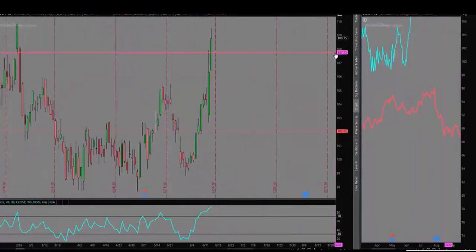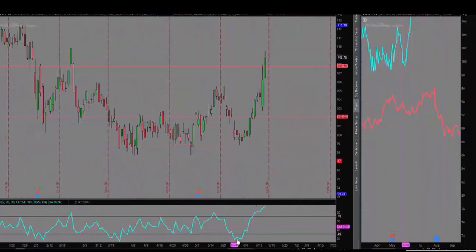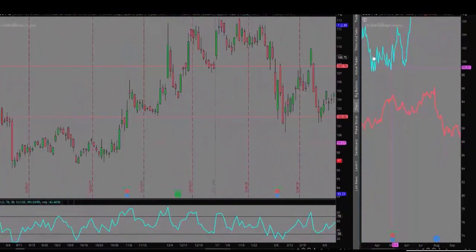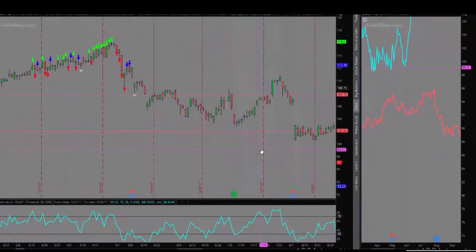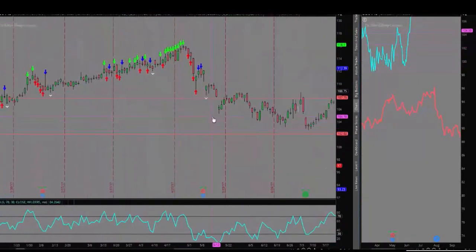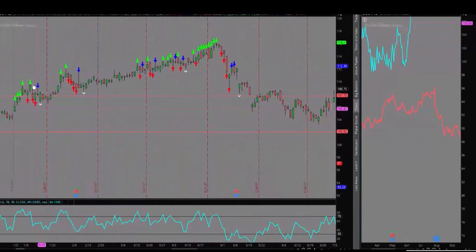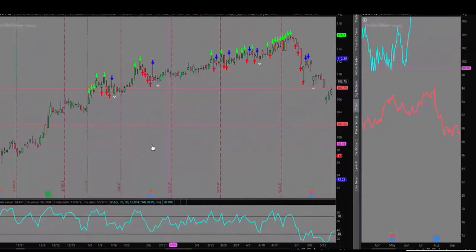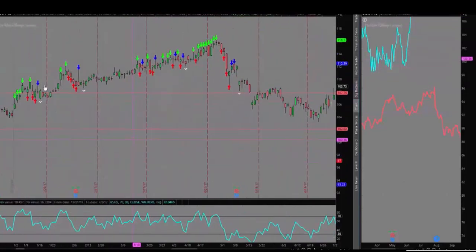So let's see what was flagged, if anything, on Disney over the last year or two. We come back here in time. Okay, here's our first pattern in Disney. Looks like we have a 1, 2, 3 top in play. Looks like we were trying to put in multiple 1, 2, 3 tops over a period of several months here. We couldn't quite get a confirmation. We were in a pretty strong trend higher here. We broke the number 2 a couple of times, but you can see that it never confirmed,